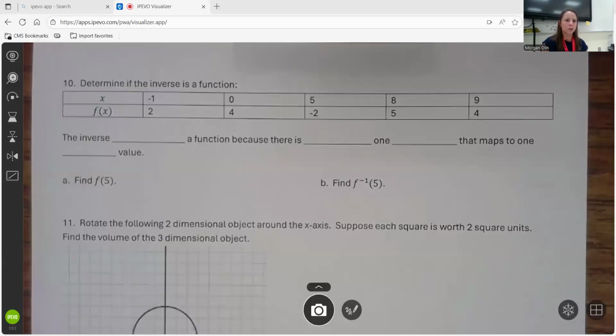All right, this is part two of the midterm review number three. Okay, we're going to continue here with number 10. Determine if the inverse is a function. What do you remember about inverses? We switch x and y. Feel free, if you would like to,